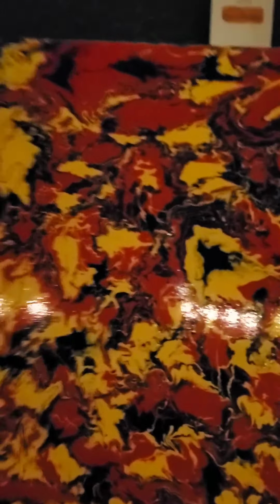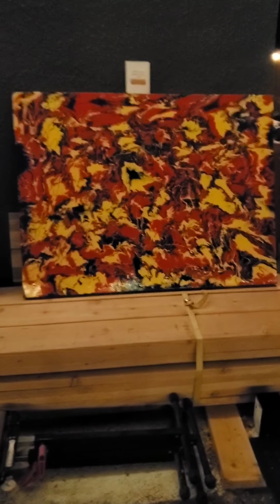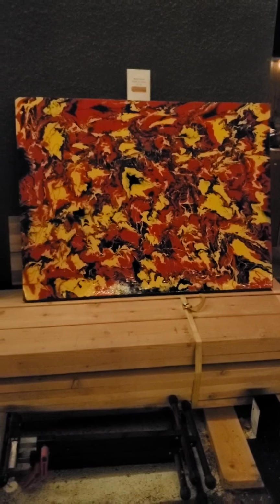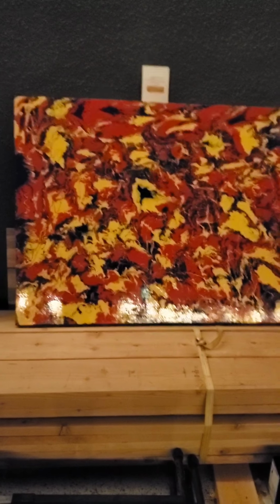Same idea. This is actually the first one I did of these, after I did one that looked sort of just like drizzles, and then I saw the corners had sort of collected into this, and so I liked it. But again, 3-4 different colors poured on in streaks and streams, and then I just move the canvas around until everything blends together. So I'm going to turn this around for a second and take you all inside,